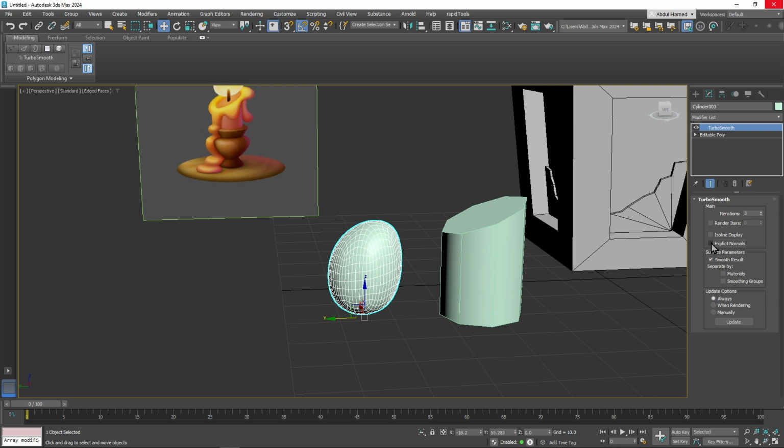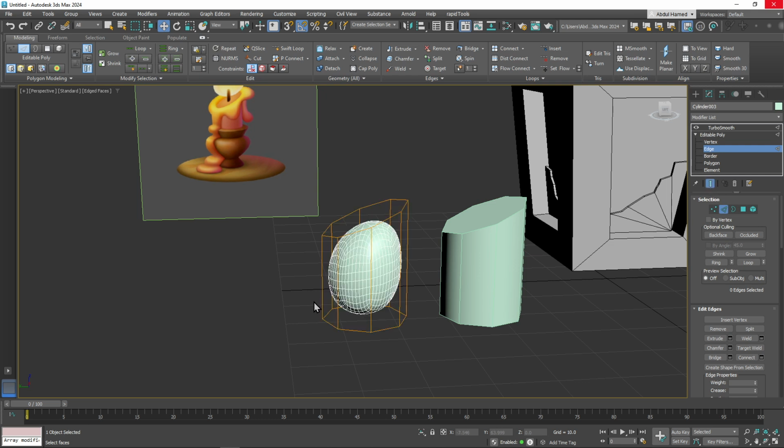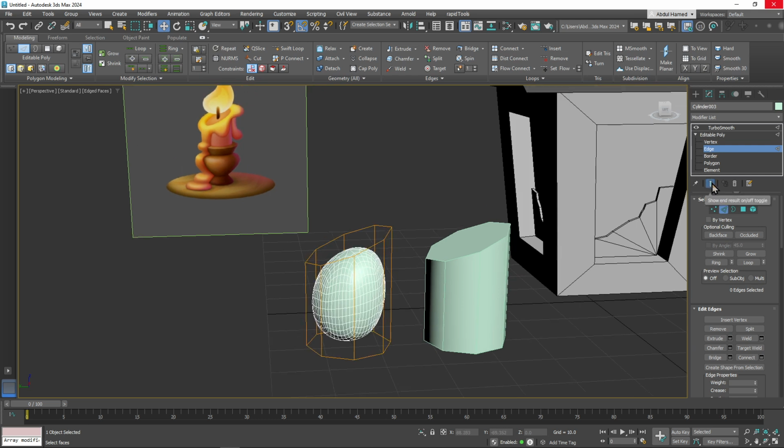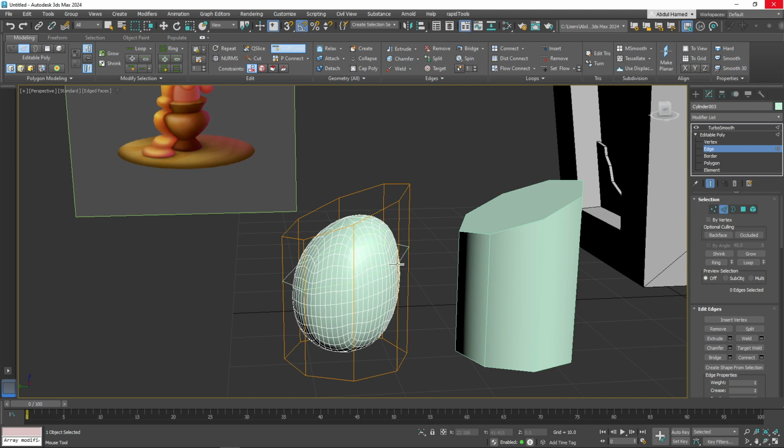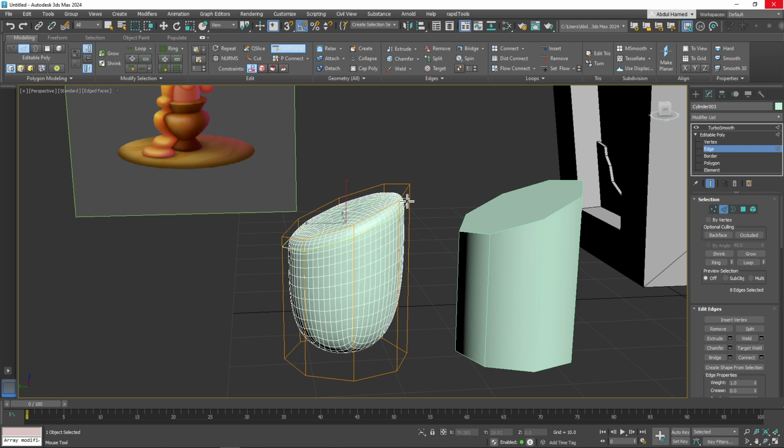So for now we do not want to make it that smooth, so what we can do is right here, if you click here you can see the aftermath. The turbo smooth would still be on. If this is not on, you would only see whichever modifier or layer you're on. So let's click this one here, and let's add a swift loop, and then add to the top and add to the bottom,